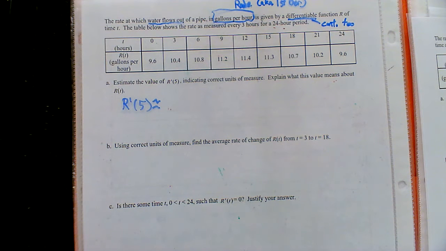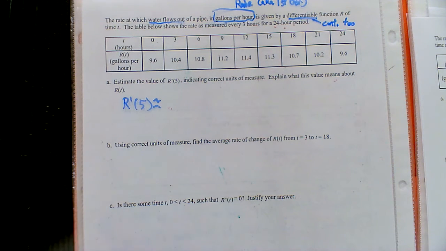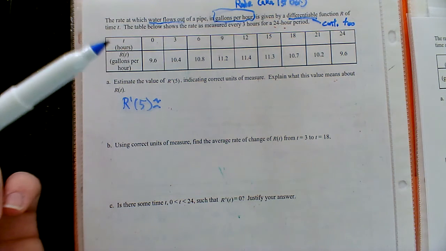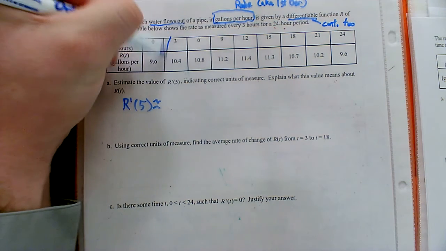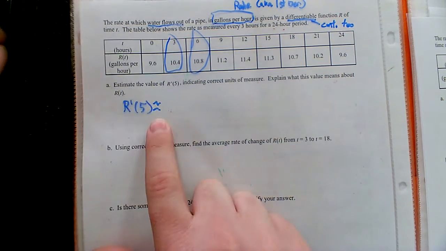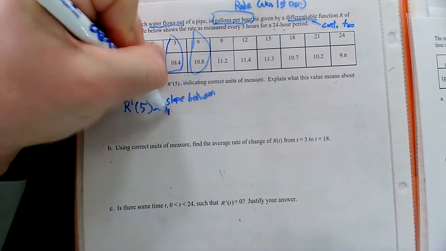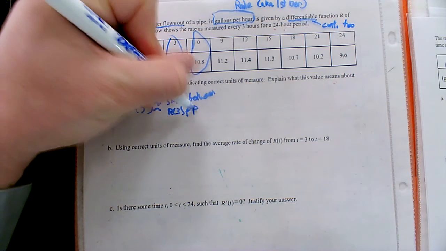Again, think about what we know. We know it's differentiable. We know it's continuous. We want to find the slope. We want to find the estimate of the slope at that point. Okay, so how are we going to use that? Use 6 and 3. Exactly. So if you think of your mean value theorem, we know it's differentiable and continuous, so we can use the points here and the points here to find the slope of 5 in between. So this would be the slope between R of 3 and R of 6,